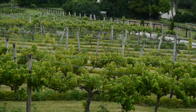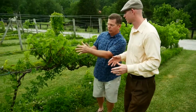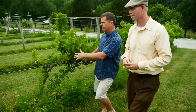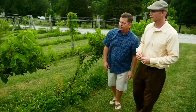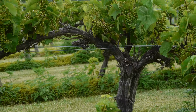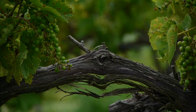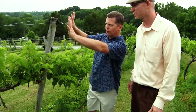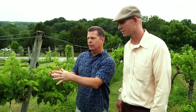Now, these are rows. What are these called here that we're looking at? We're walking down here. This will be a row, just as you said. This is called a bay between the posts. We have 3 vines in every bay. We separate the vines based on how they grow vigor-wise. The basic structure of the vine is a trunk, of course, just like a tree. And then we train 2 arms that go on the bottom wire, and then the shoots come up from that. And each year we prune the shoots back down to only the buds that we want to grow shoots for